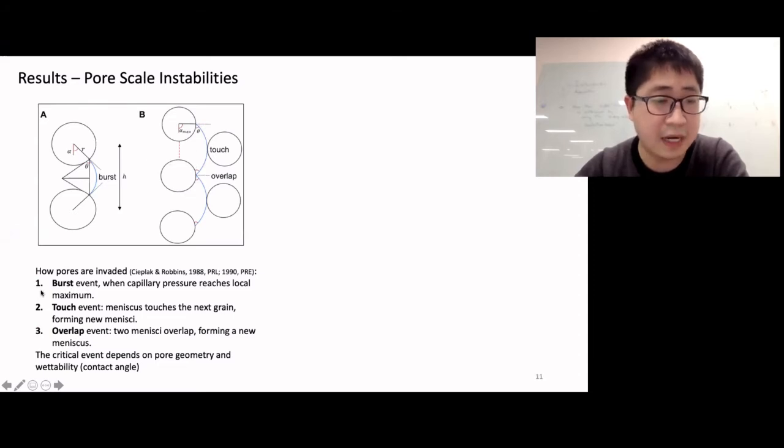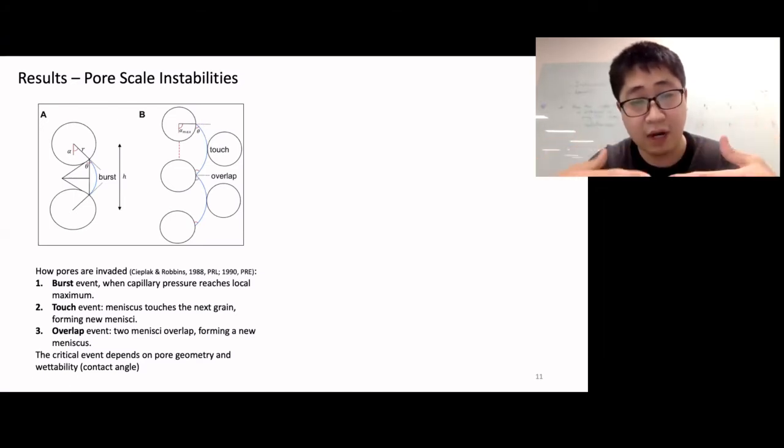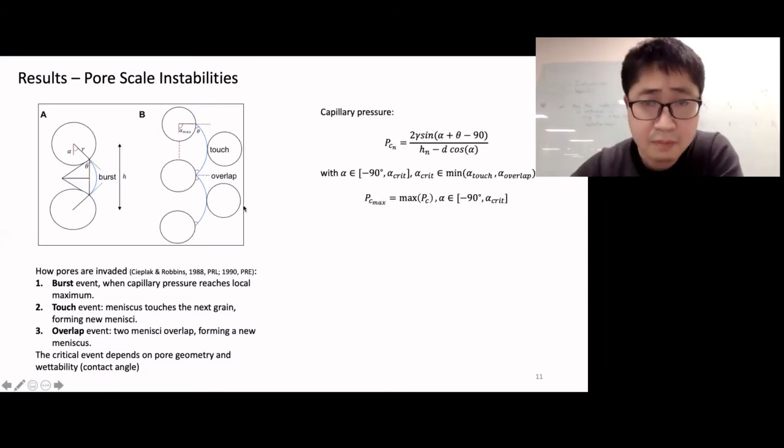So different invasion mechanisms have been identified. We have the burst event, when the capillary pressure reaches the local maximum, and also the touch event, where before this burst event the meniscus touches the next dry grain, forming two new menisci. And we also have the overlap event, where two different menisci can touch each other and then merge into one large meniscus. So we can calculate explicitly the critical capillary pressure for each of these events, and then we choose the minimum as the